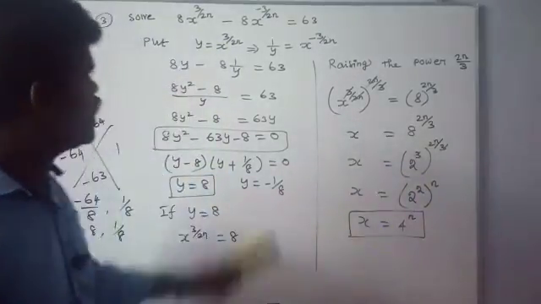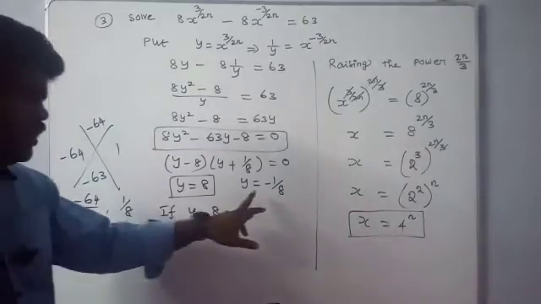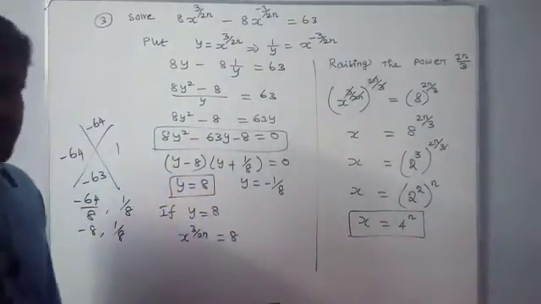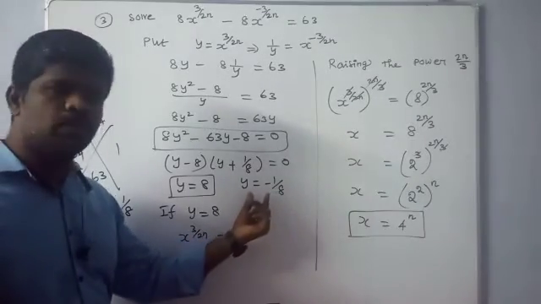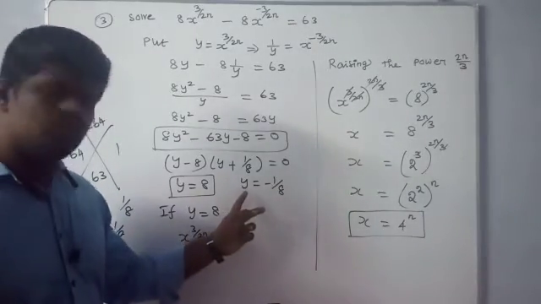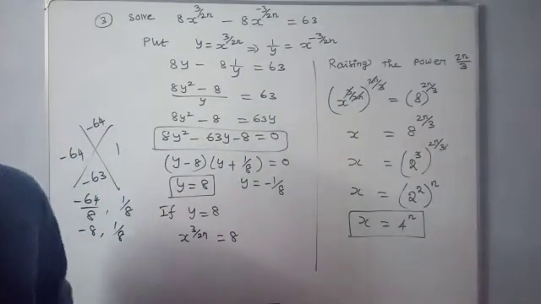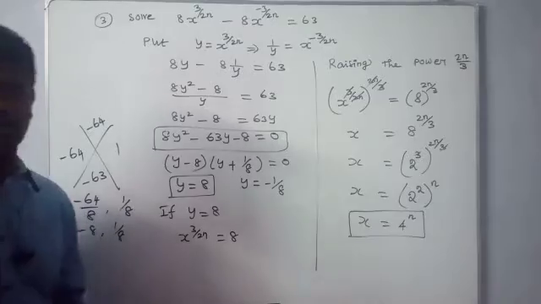So this is the answer of this sum, and we did not solve this term because we need this answer only. So if you want to understand, to solve y is equal to minus 1 by 8 is the model of this type. Okay, right. Now we go to another one.